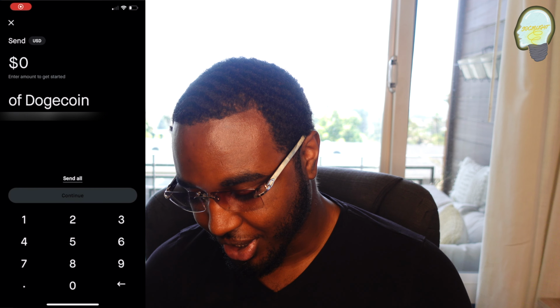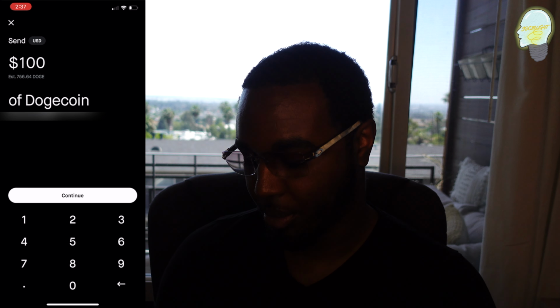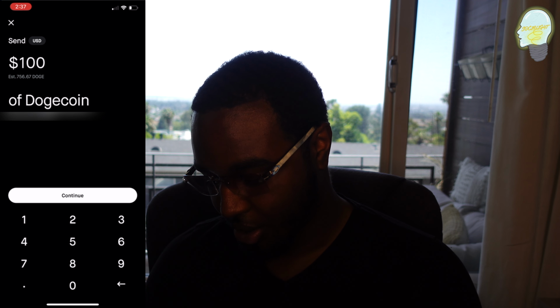For this purpose, I'm going to be using Dogecoin because they recently got the updates and everything that I've been talking about, and that made the transaction rates for this extremely cheap. Let me show you. Just to test it out, let's send $100 worth. So from here, you can